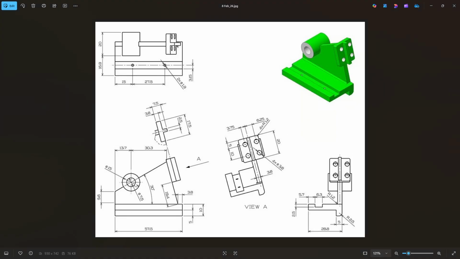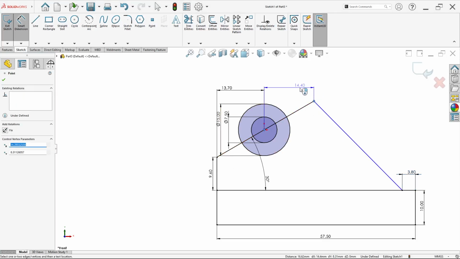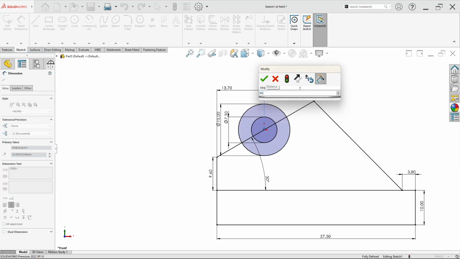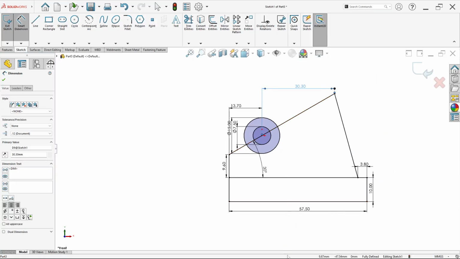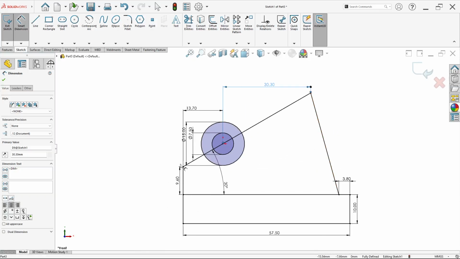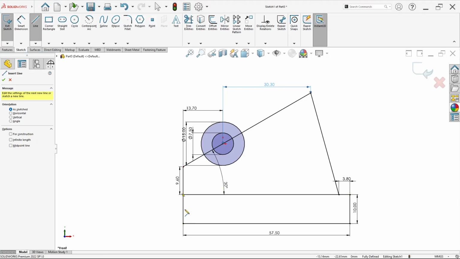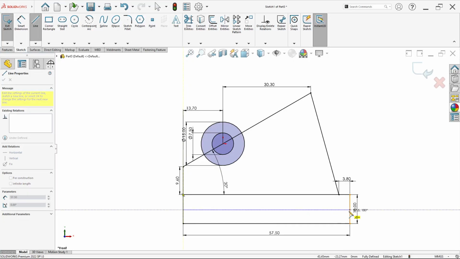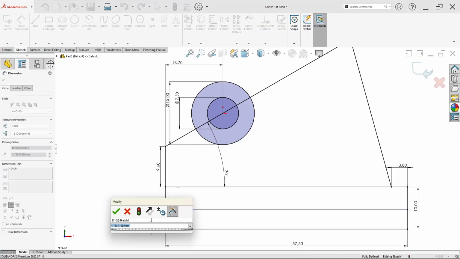Don't forget to set the distance from this center to this point at 30.3 millimeter, like this. Okay, it's easy. You must draw two circles and make a line like this. And don't forget to draw a line here in the middle at a 5 millimeter distance. So draw from this to this, make a line again, and make sure the distance here to here is 5 millimeter.